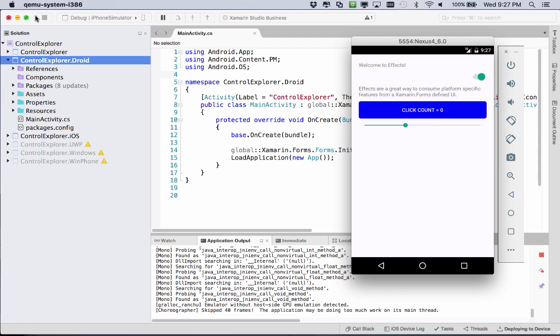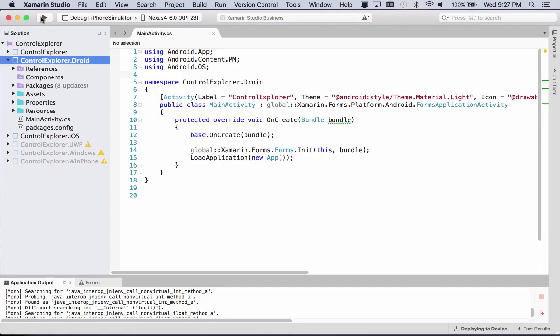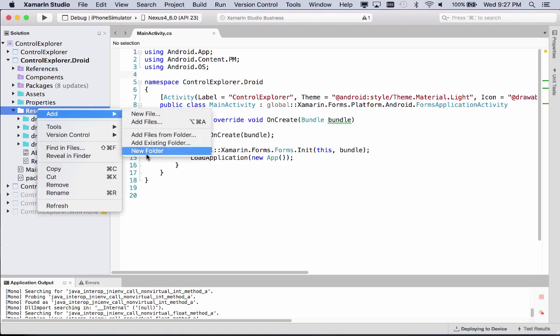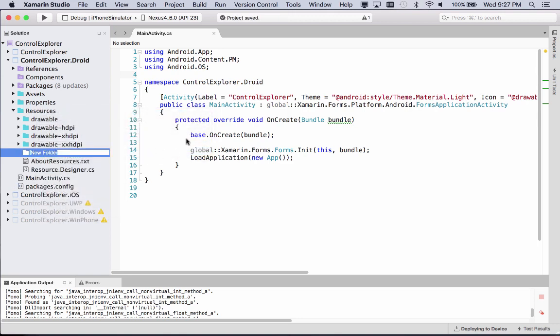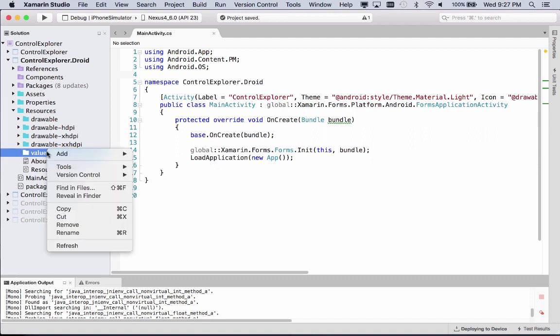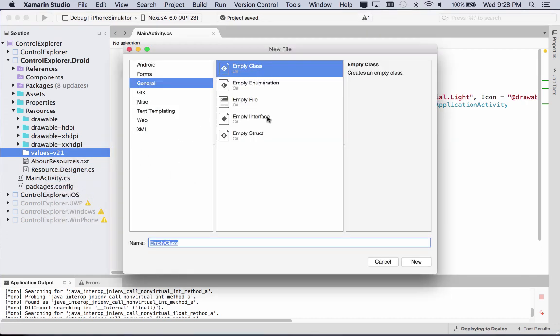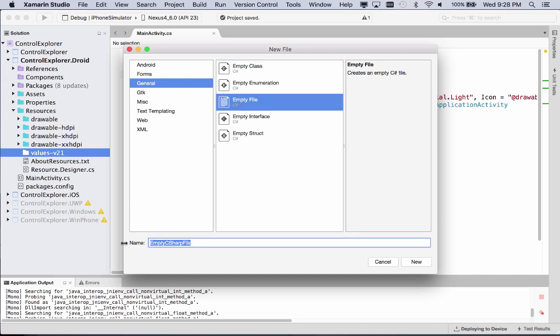But we can go a little bit further. We can actually create our own theme. And to do this, in our Android head project again, I'm going to open up the Resources folder, and I'm going to start by making a new folder. I'm going to give the folder a name, values-v21. And we're going to add a new file here, a new XML file. This is going to hold our custom theme. Let's just do empty file, and we'll call this